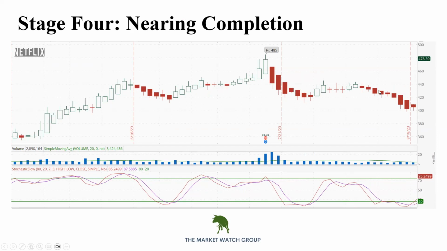Nearing completion. So we got into this trade back here. We got in here. This was when we started tightening the stop. We got 1, 2, 3, 4, 5 more days, big, strong days. And then all of a sudden, what did we get here? Oh, now I got both a turn on my stochastics and this inside candle. Would I sell everything? No, I would probably sell half, tighten my stop.